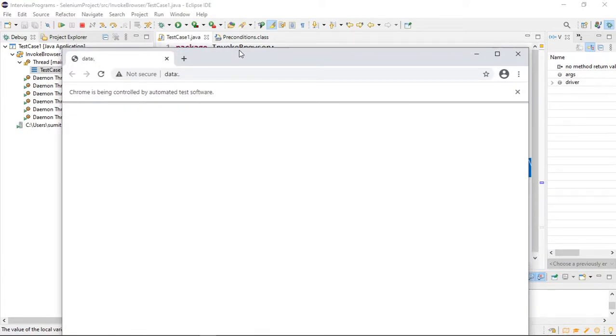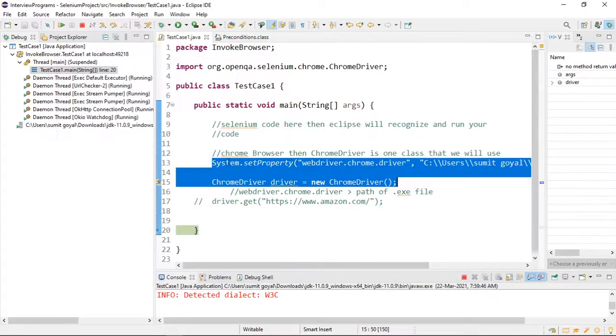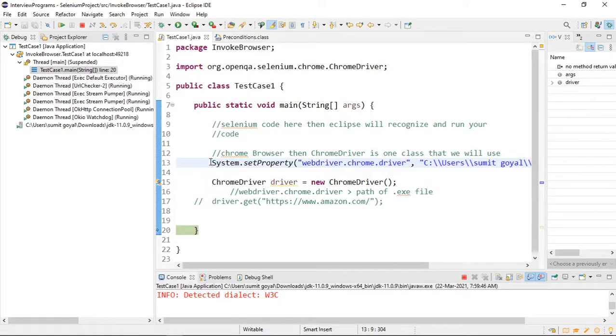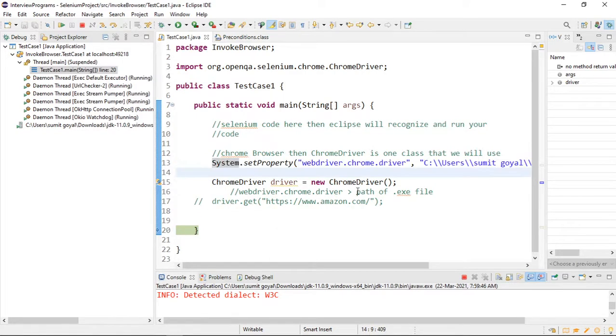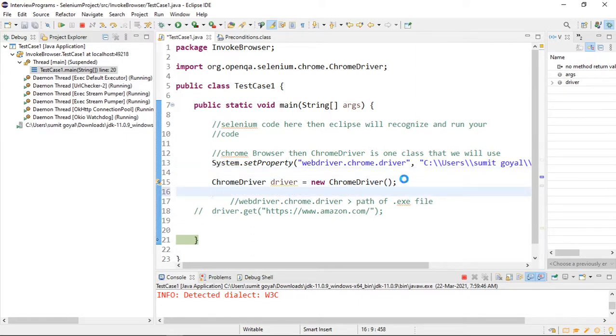So is it clear to everyone till this part? So this is our first step. You have to set this property, otherwise it will not invoke. So for every browser, the property will be different. Is it clear to everyone? Suppose for Firefox, do we need to follow the same steps or is it different? Same steps. I will be coming to Firefox soon after.